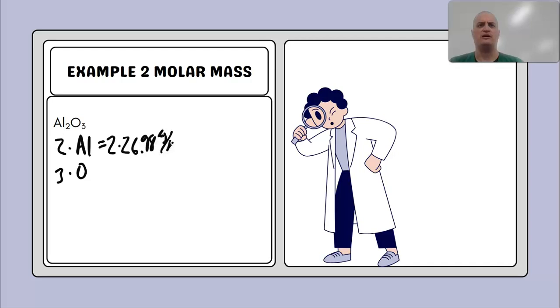Again, we always are putting grams per mole. Likewise, we have our 3 times our 16. We would expect you to use a calculator to do all the multiplication and stuff. So this together being multiplied and added gets your 101.96 grams per mole